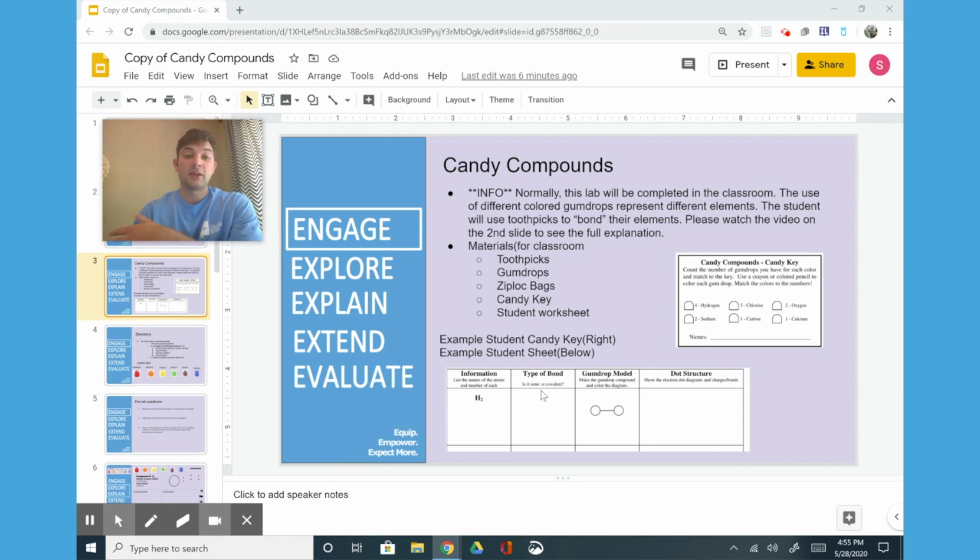For the type of bond, they would have to know the difference between ionic and covalent bonds. You can intro that with this lab, or they may already have some prior knowledge. So this would be a covalent bond. Then they would make their gumdrop model, and then they would also color that. And again, this is something that they love doing. They like to color, and they got to pick which